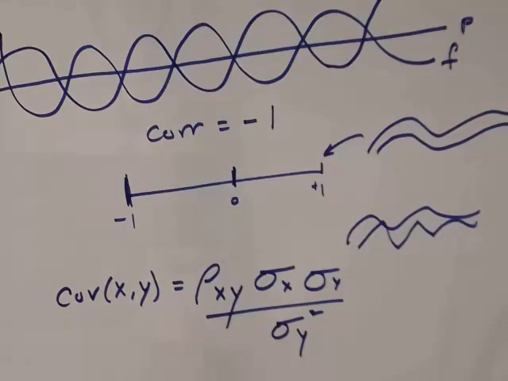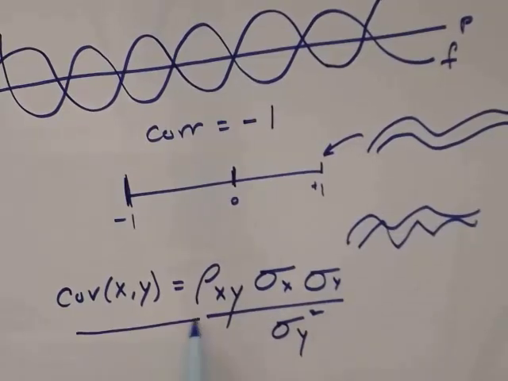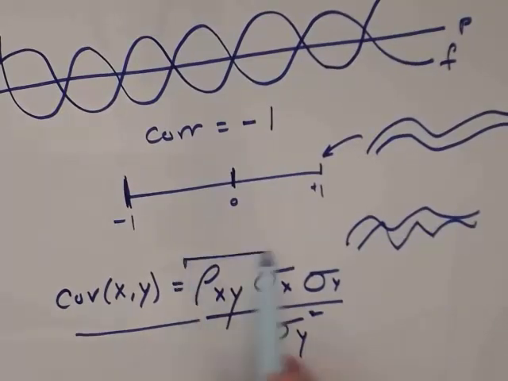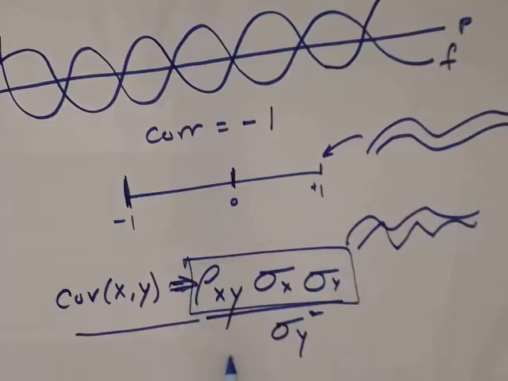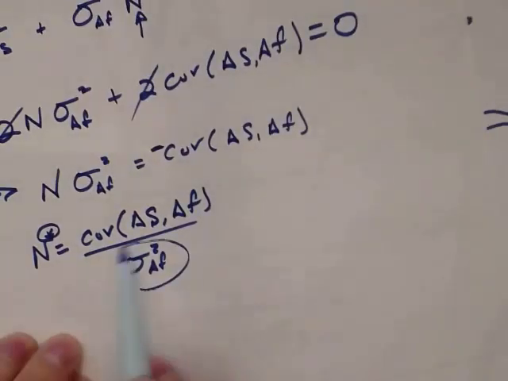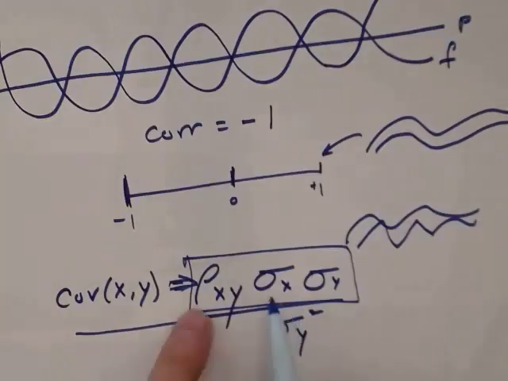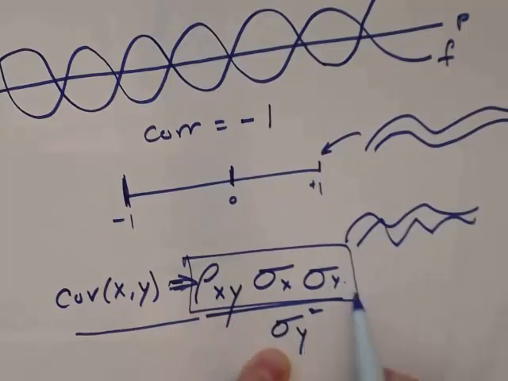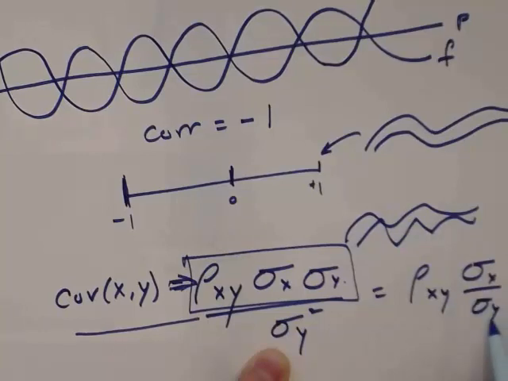Okay? And what happens is you can boil this down. This part right here is the covariance term, so make sure we're clear. This is the covariance term, and that's what's matching up. And then we have the variance here. When you divide the covariance by the variance of Y, it simply boils down to taking the correlation between the two and scaling it by the difference in their volatility. So